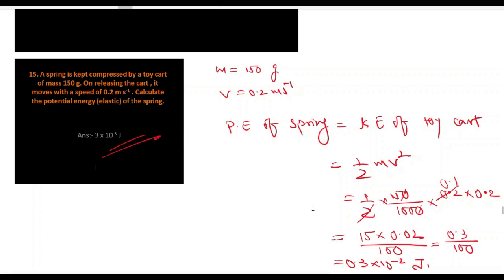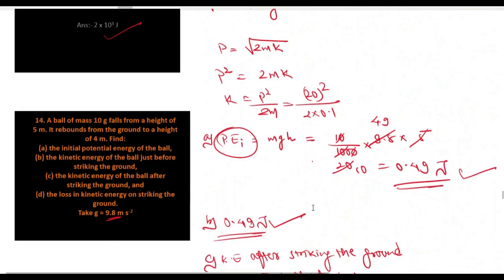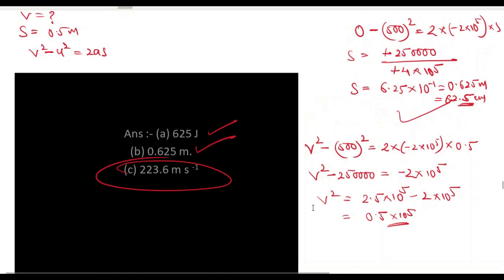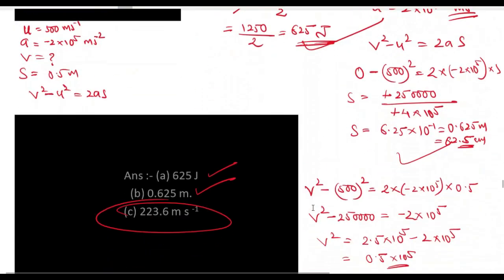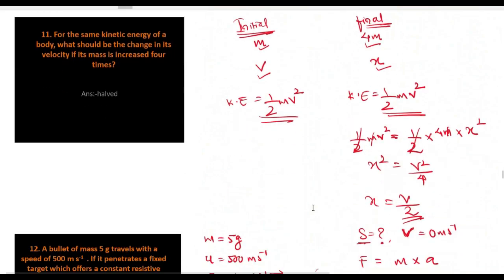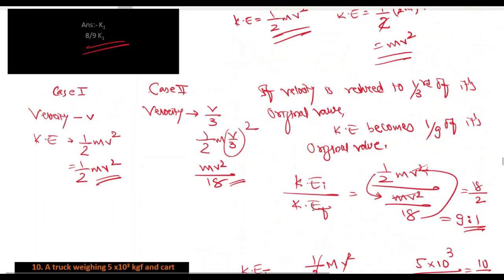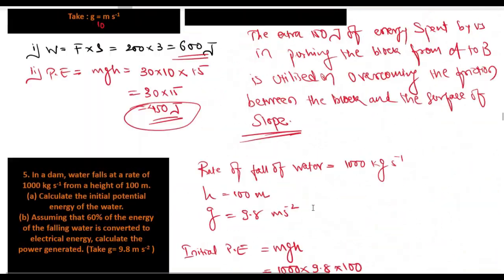So mostly all the questions were done properly. Just you have to check a few of them. And this 12th one, in the third part of the 12th one I had some issues. I wanted to get it with the help of equation of motion. I was not able to get it, and I've got it earlier, somehow sometimes it doesn't happen. But other than that, all the questions were solved by me properly with justification.